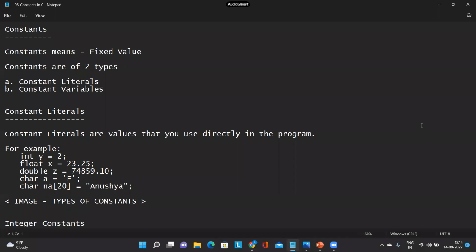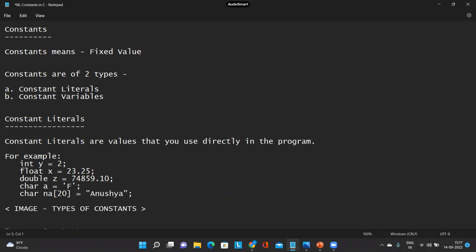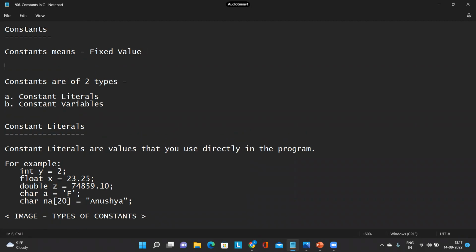So for the first one, answering the first question, what are constants? Constants are nothing but fixed values. So fixed values means what? Values that cannot be changed or cannot be modified. For example, we know that in mathematical calculations, we have something called pi. We use it in a lot of calculations, for example, if you want to calculate the area of a circle, or a lot of things where we make use of this pi. So the value of pi is actually